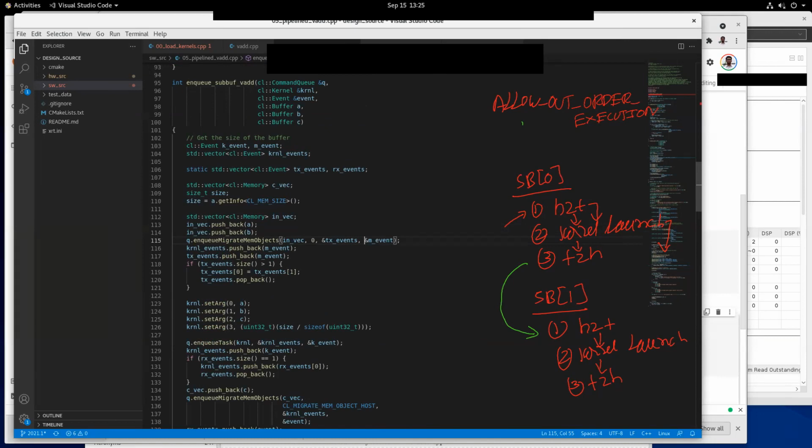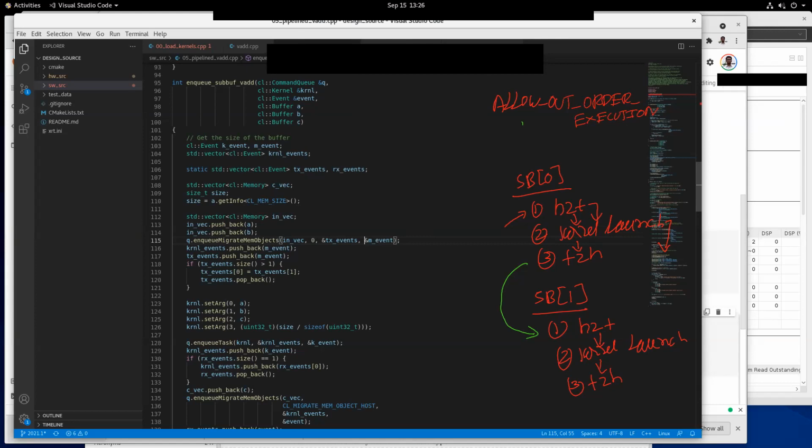You have to chain the events, and at least today I will not be able to explain clearly how we are able to synchronize these command launches by using events.